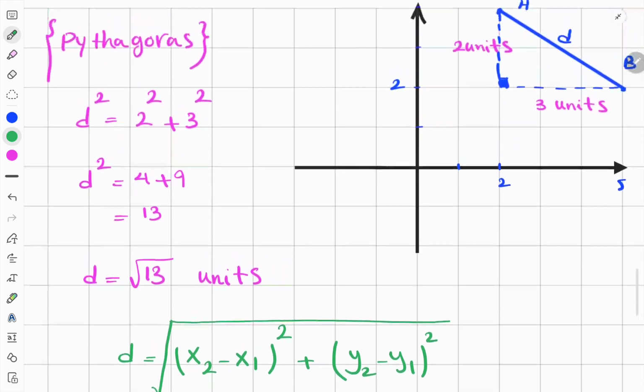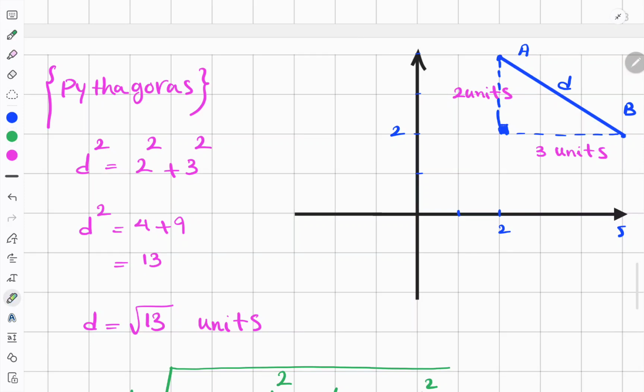Why? Because as you can see, these 3 units are the x changes. The x of point A is 2, and the x of point B is 5. For finding the length of this line, we just need to subtract 2 from 5 and find the difference of x's,